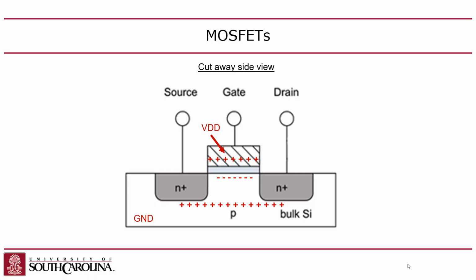They're completely separate. Does it make sense? You attract these minority carriers, but at the same time you repel the majority carriers away from